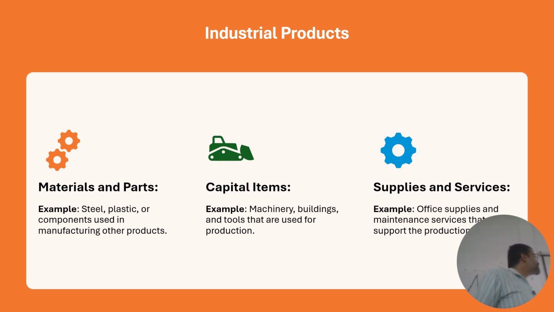And supplies, boys and girls. For example, this chalk is an office supply, isn't it? This supply will be replenished every now and then. There is a box over here which holds chalk pieces. We'll use the chalk piece, we draw on the blackboard, and this gets replenished maybe every month, once this box finishes. That's what we talk about with industrial products, supplies and services.